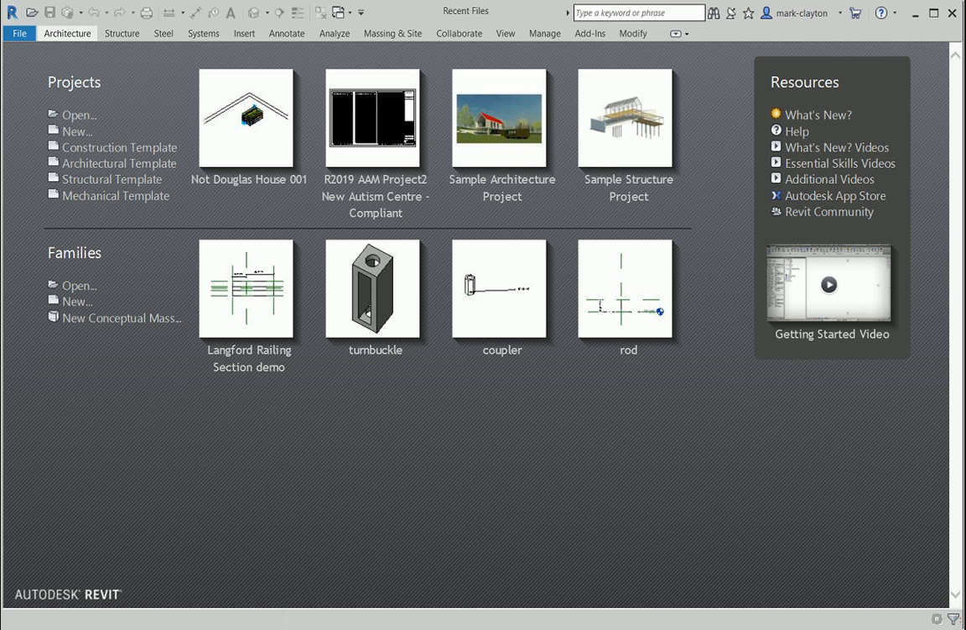Hi, I'm Mark Clayton. I'm going to give a quick demonstration on using Autodesk Revit as a parametric modeler. This doesn't require you to know anything about Revit. You have to load Revit on your computer and then start up Revit, and you should get a screen sort